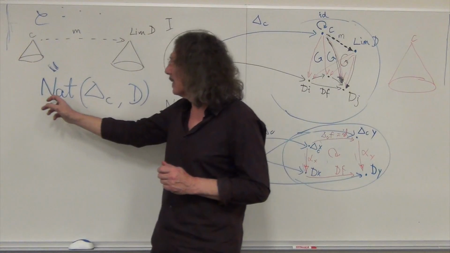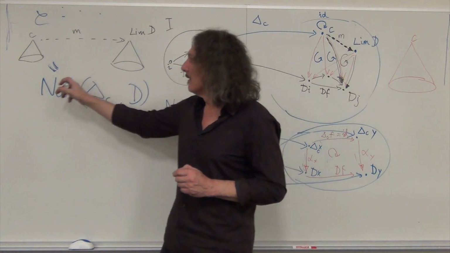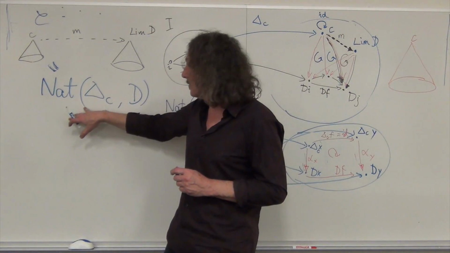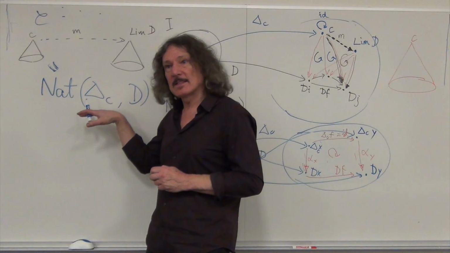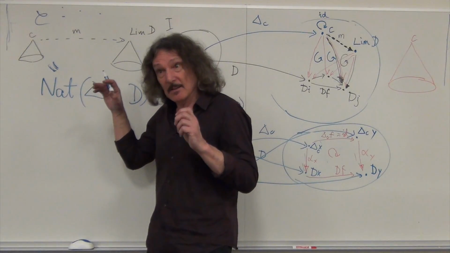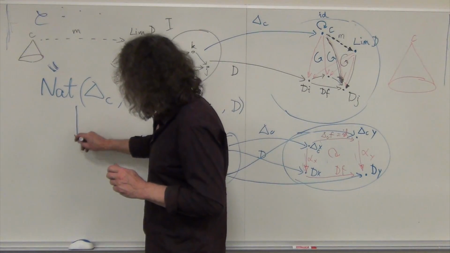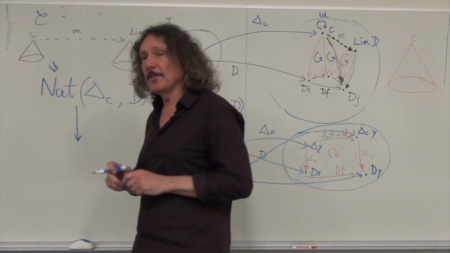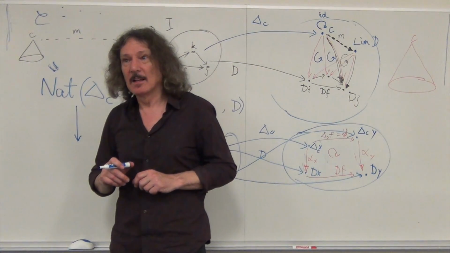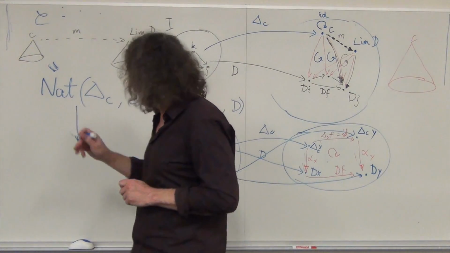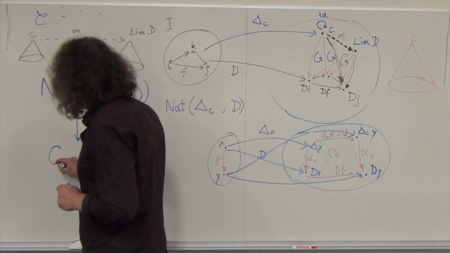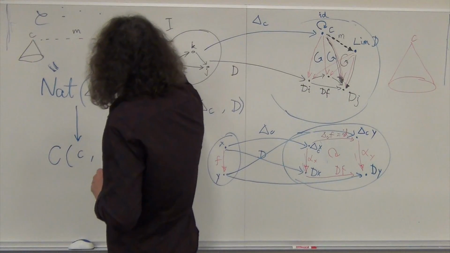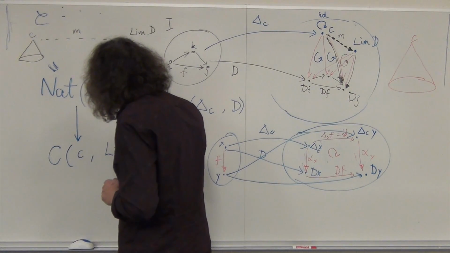So cones form a set like this: a set of natural transformations. Every element of the set is a natural transformation. For every element of this set of natural transformations, meaning for every cone, we have a unique morphism. Morphisms also form sets, remember? These are called Hom sets. So this is a Hom set in the category C, going from object C to this object that we call lim D.